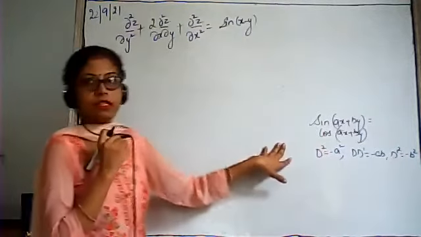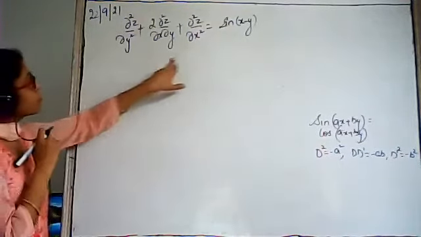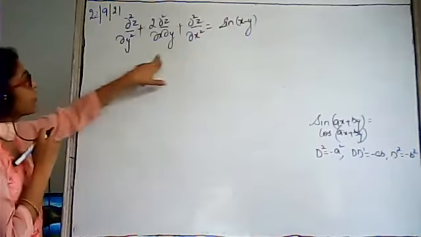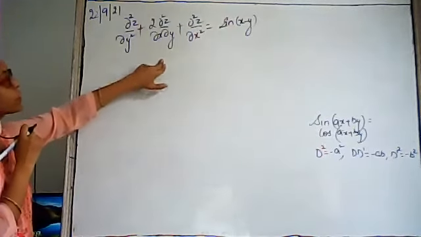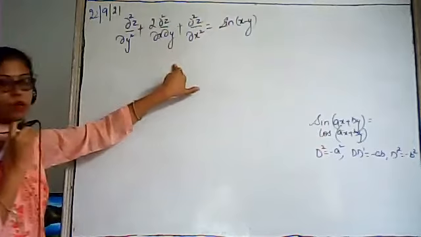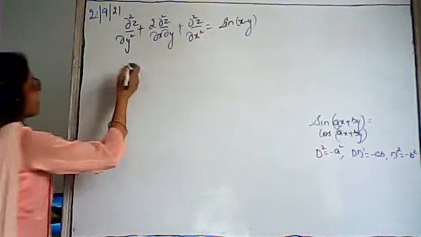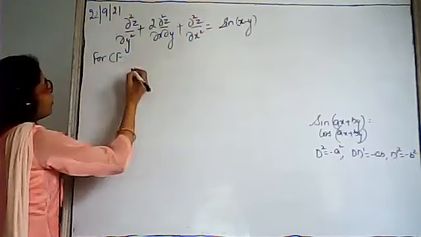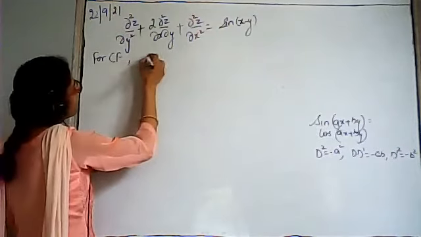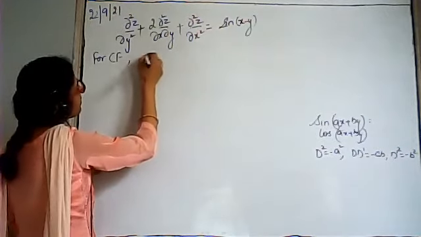Again, same question is here. We have to solve this equation. Before solving the equation, first of all we will find the complementary function. After that, we will come to the particular integral. Firstly, for the complementary function, let us have the right hand side equal to 0. In the symbolic form, this term will be,